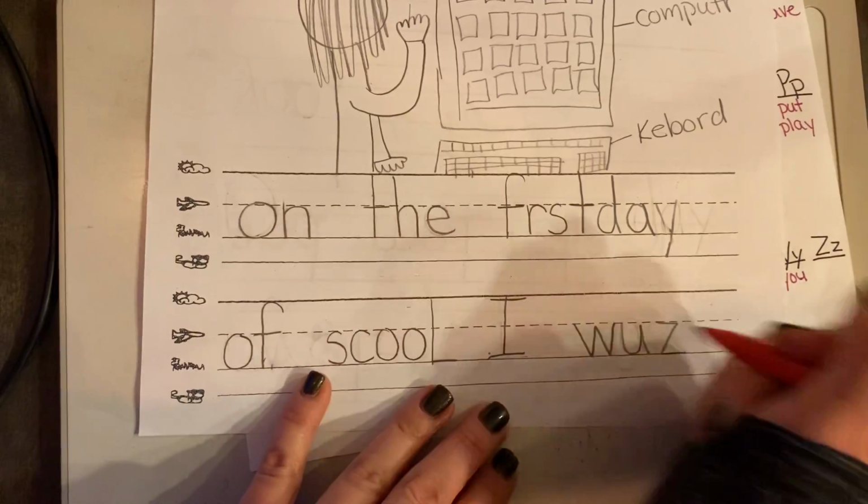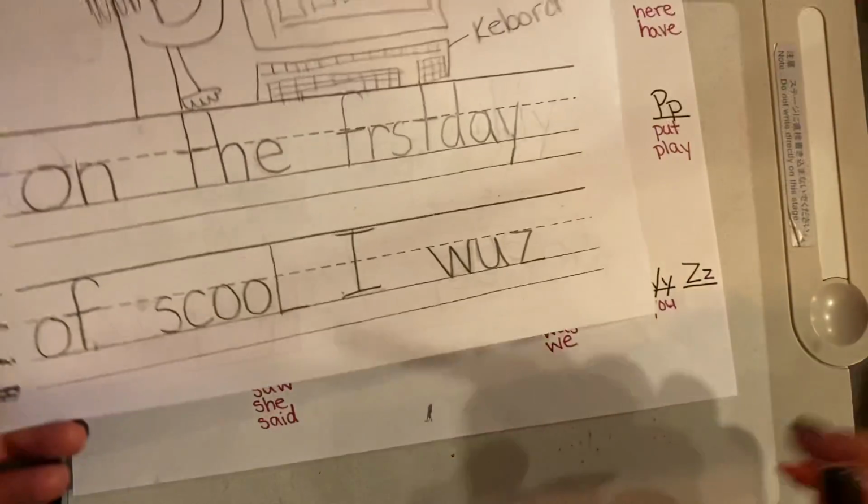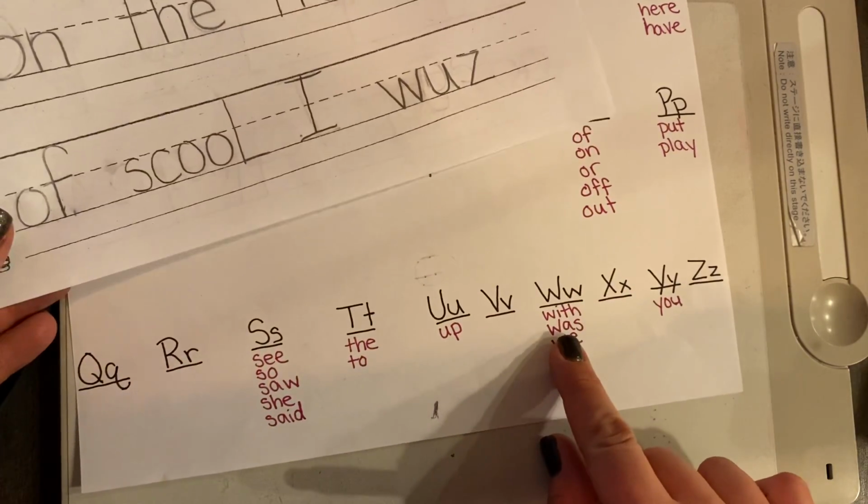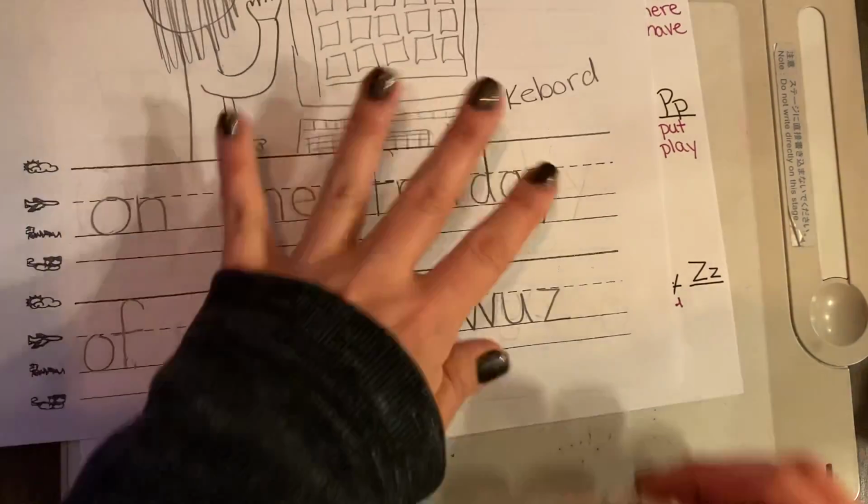I was, W-A-S, see, W-A-S, I need to erase this and fix it.